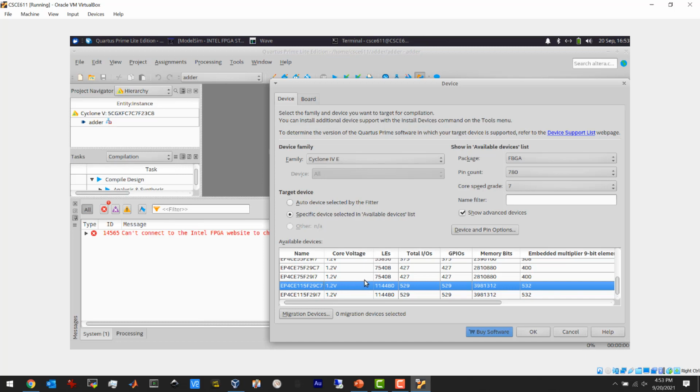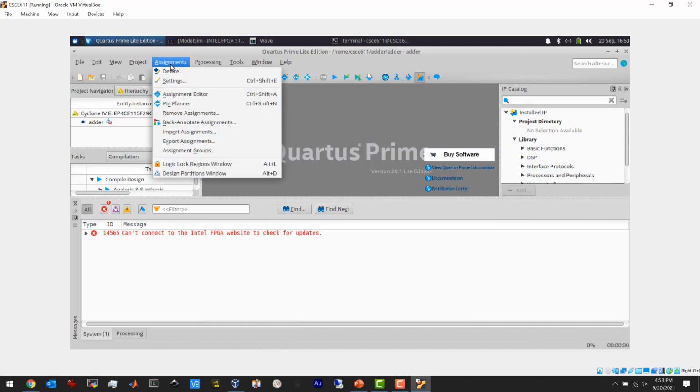You might say, well, that doesn't sound like a lot, but remember, these are not 2 input gates we're talking about. These are 7 input gates. So you can pack a truth table of 7 inputs into one of these gates, and then there's 115,000 of them. All right, so I'll hit OK on that, and then the only other thing I got to do